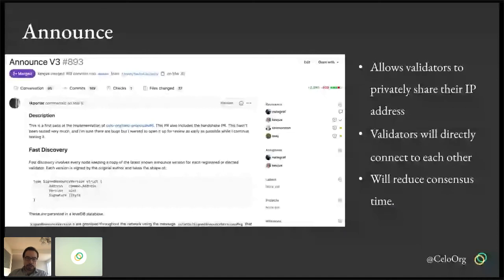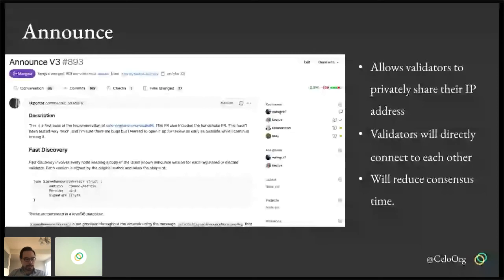Consensus time is something that we want to minimize as much as possible so that it could result in faster blocks and faster finality. We are still in the process of doing much more work to decrease this consensus time, but this was one of the first optimizations that we saw that we had to make.